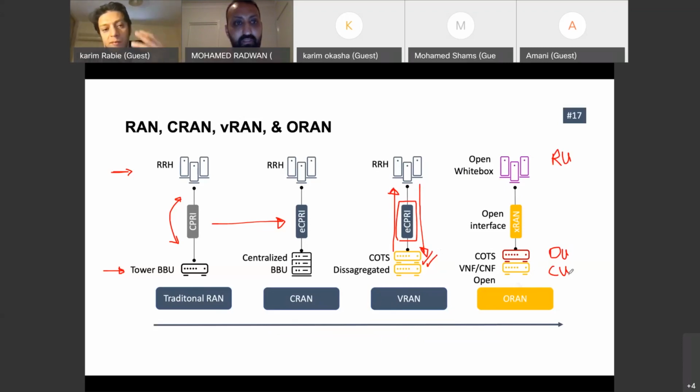So it can be, for example, like Facebook's core project Magma, right? To have it as software, to be open, so it can run on Red Hat, run on VMware, run on any infrastructure as a service, run on COTS, not specific to a certain hardware, and introducing this cRAN as an open interface.